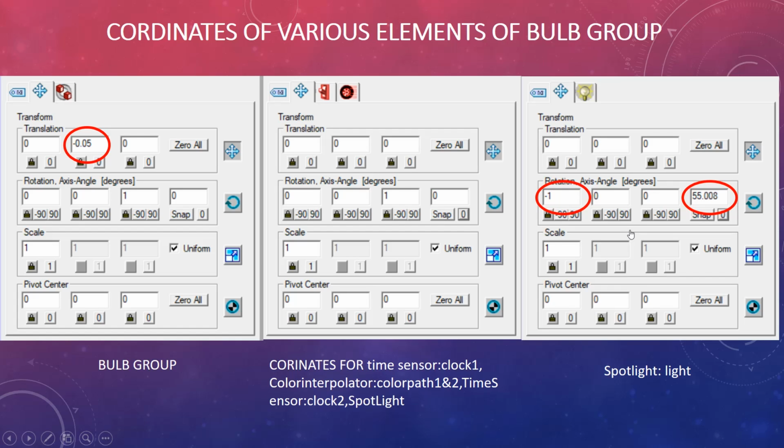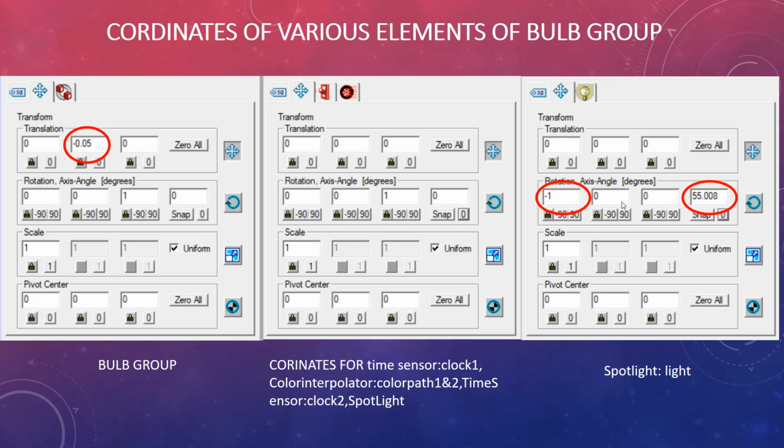Now the coordinates of the various elements of the bulb group will be like this. For the bulb group, you have to change the y-axis coordinates. The coordinates of the time sensor clock 1, color interpolators color path 1 and 2, time sensor clock 2, and the spotlight will remain the default coordinates. For the spotlight, the rotation axis has to be changed, and the snap angle has to be 55.008.